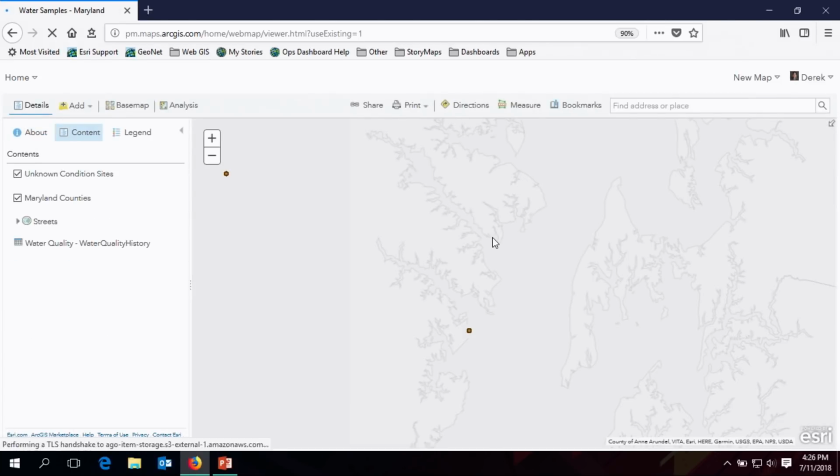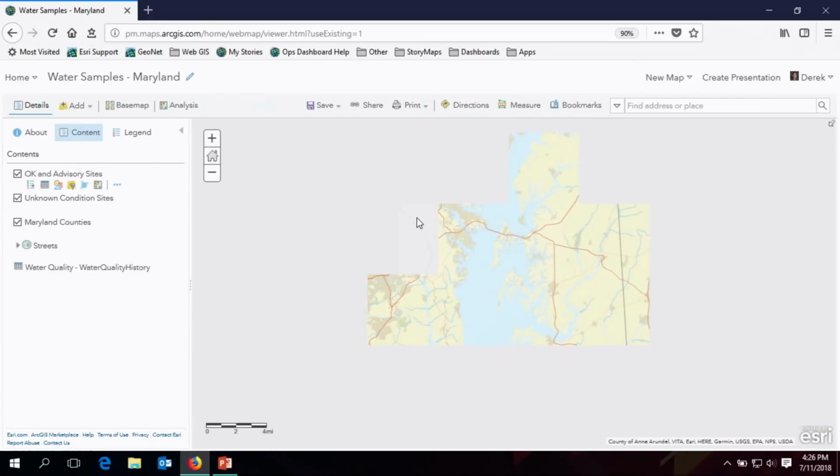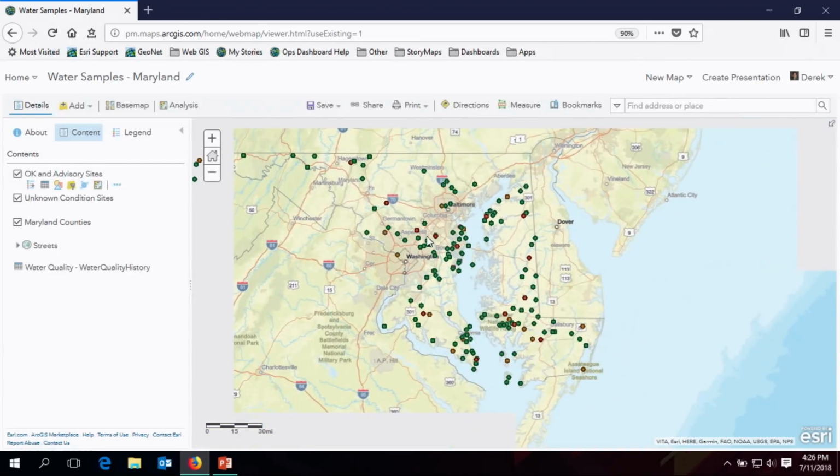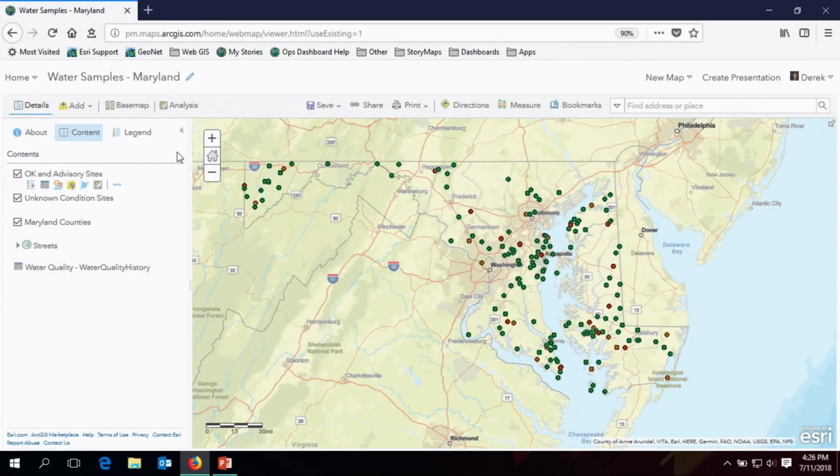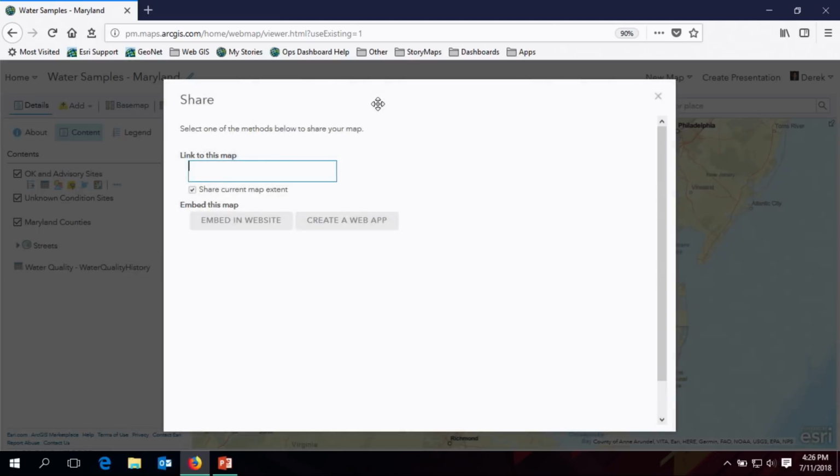And I'm going to just, again, look at my water sample sites. Let me zoom out here. Okay. And finally, the fourth way to access Operations Dashboard is simply if I hit the Share button and I